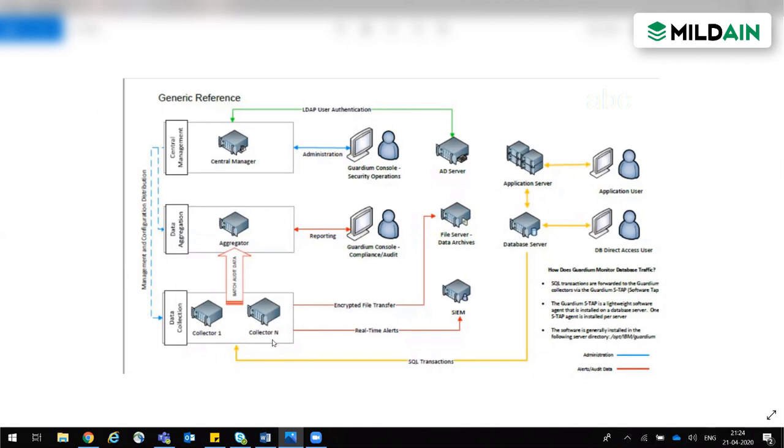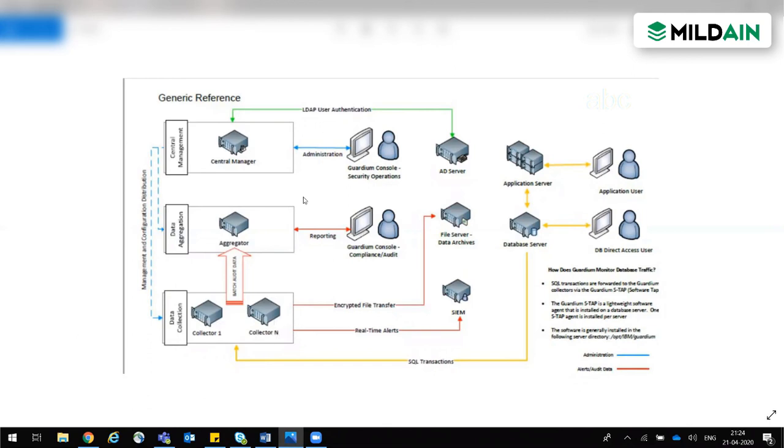Configuration is a small chunk of space, but the data size is always the bigger one. So we store both types of data on this file server. When we send the archive file, it has both the configuration data as well as the data stored in the collector.